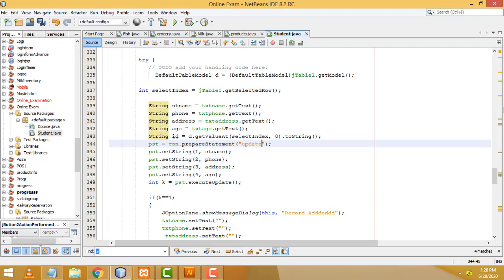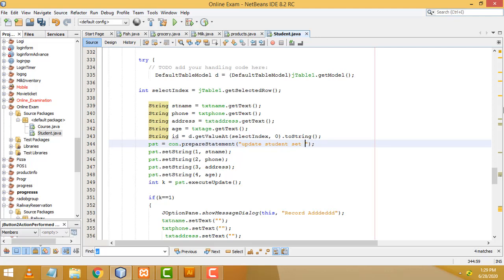Which table are you going to update the record in? Update from which table? Student table. Update student set, first one should be the first question mark.